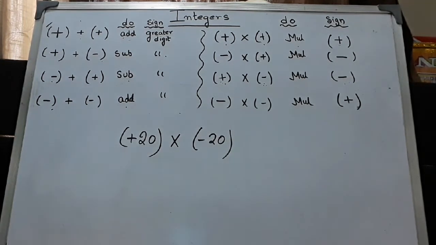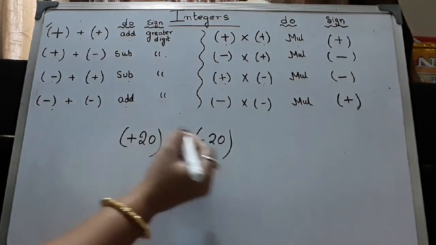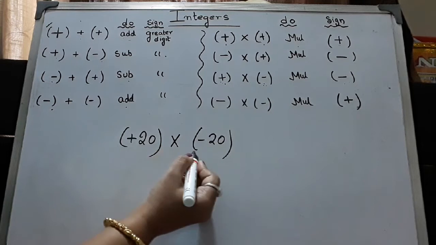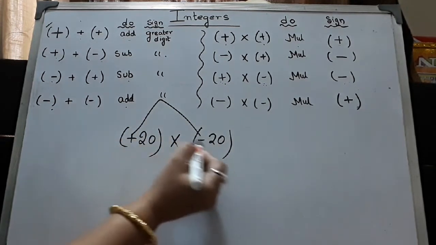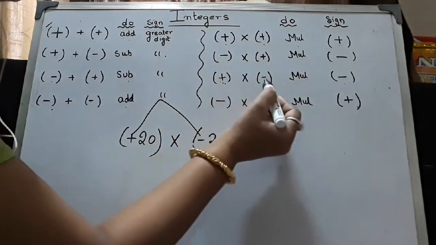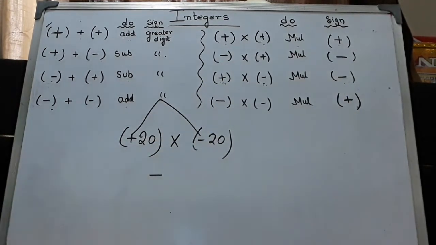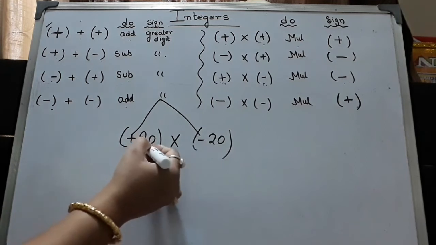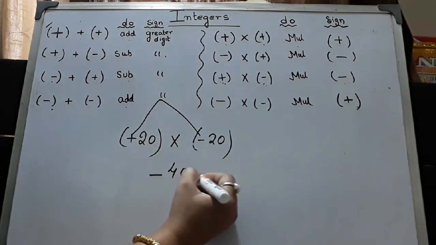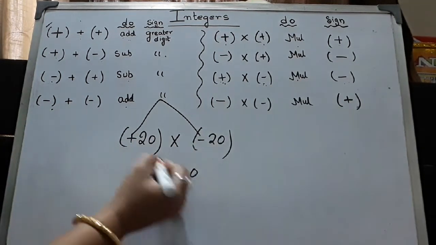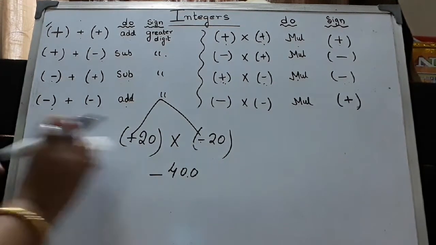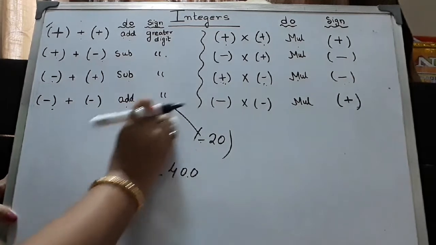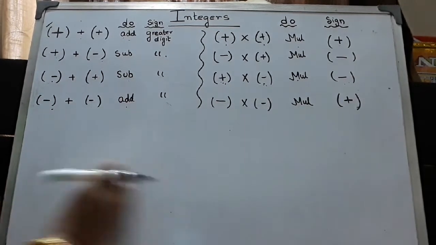Now, what to do? What you will do? You have to plus minus, multiply direct, there is no addition sign, plus minus, and plus minus is how much? Where it is plus minus, sign will be minus, okay, and 20 into 20 is 400. So, you are doing the multiplication and you are putting plus minus minus, okay. Now, I am showing you some smaller one, let's do it.